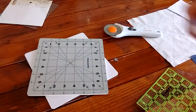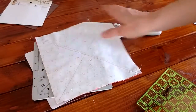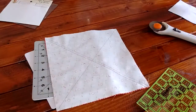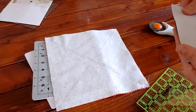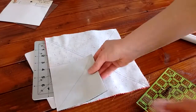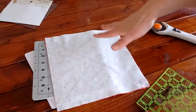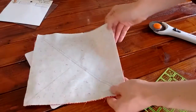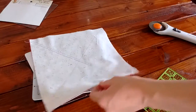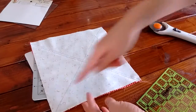Alright, now to make it even easier, one thing I've started doing is making 8 half square triangles at once. And this ruler actually has the instructions of how to do this, and I'm just going to show you right here. So you can see before we were making 5 inch half square triangles. And this, essentially, we're just multiplying it by 4. We're going to do 1, 2, 3, 4 at a time, which will lead to 8 half square triangles total. So now, instead of doing a 5 inch square, I'm going to double that and do a 10 inch square. So I've cut out 2 10 inch squares of coordinating fabric, and I've drawn a big X on the back